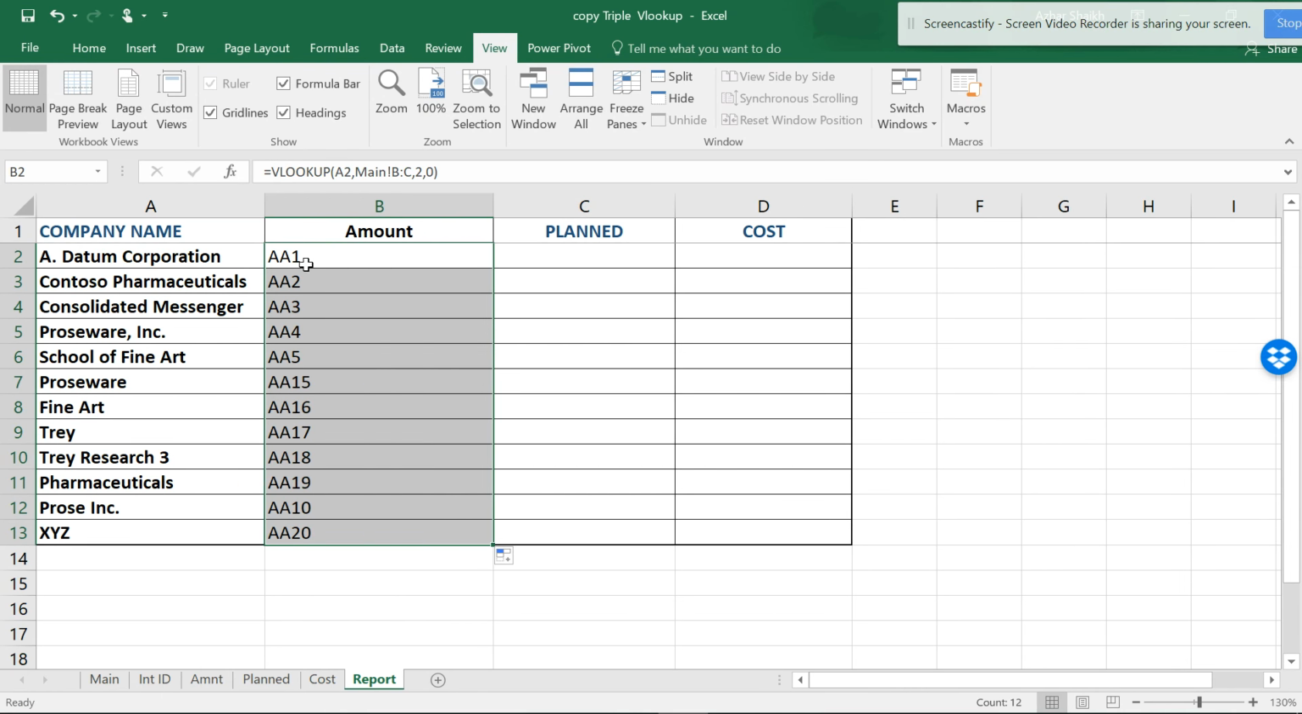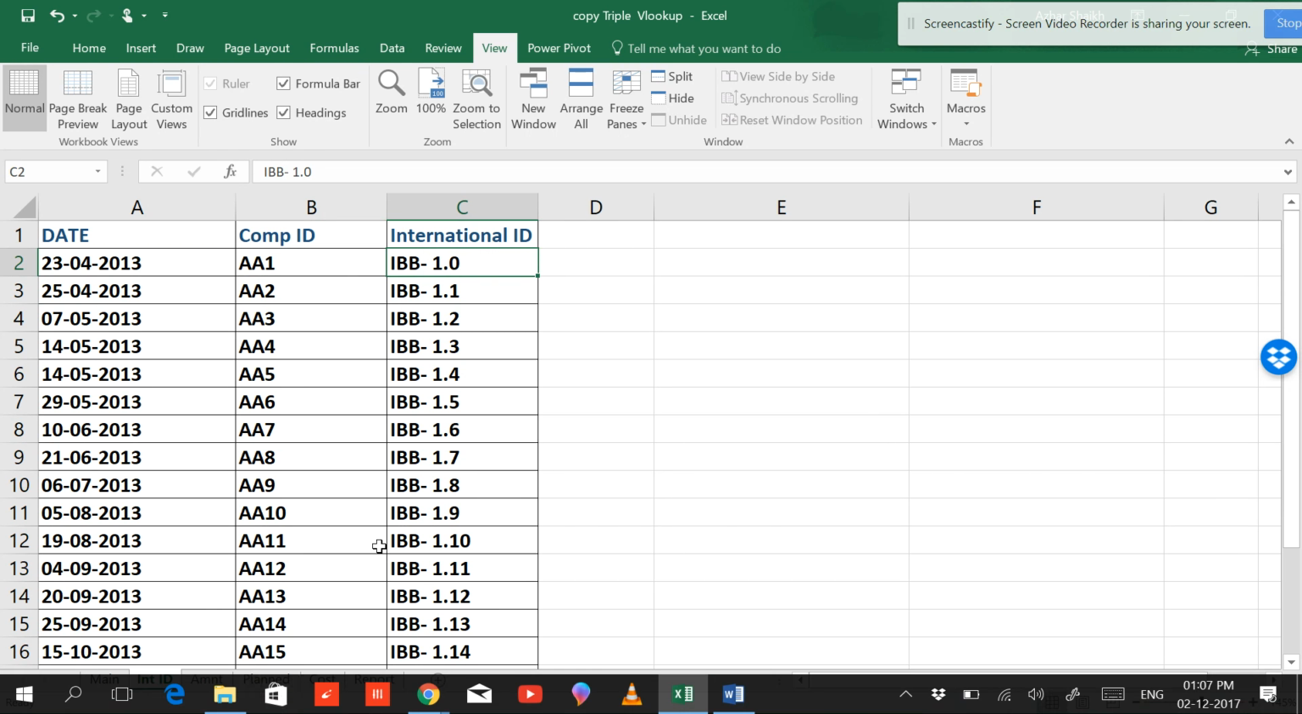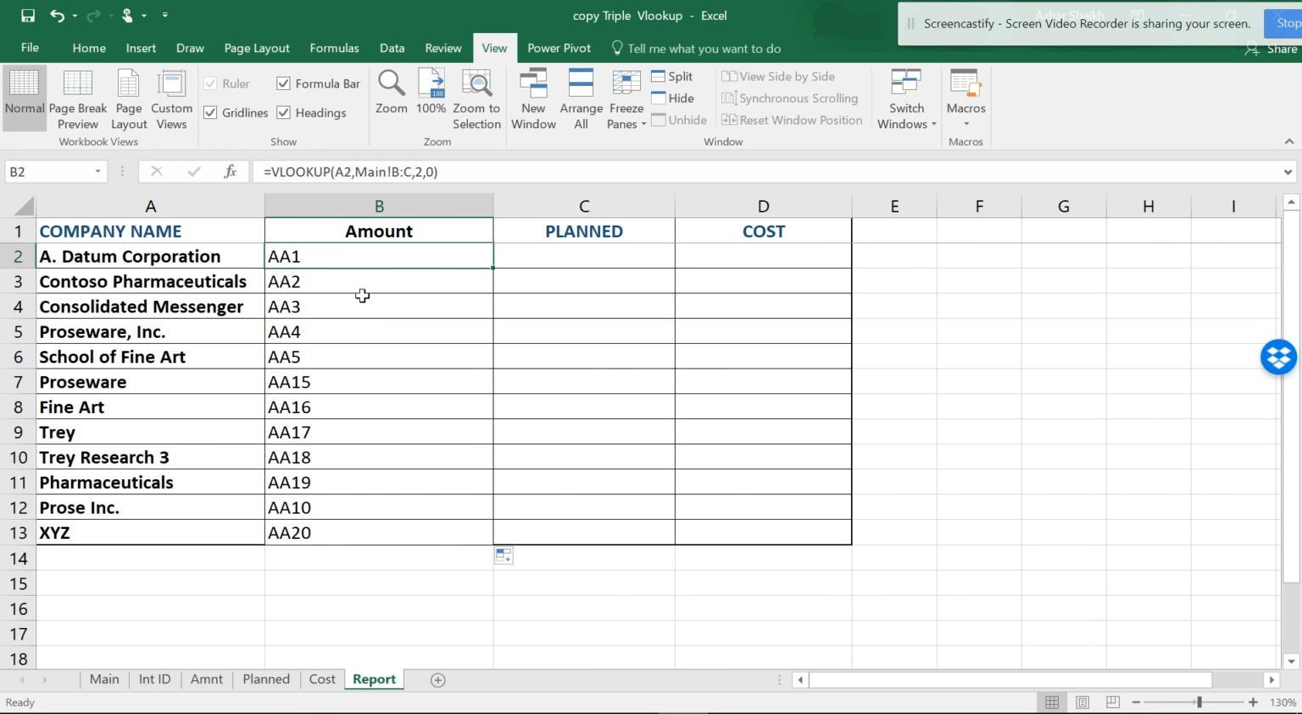Now the job is not completed here yet. I have got my ID, which is called the company ID. This ID I have to convert into an international ID. So let me show you how to make it an international ID. For this you have to again click on the equal to sign, and